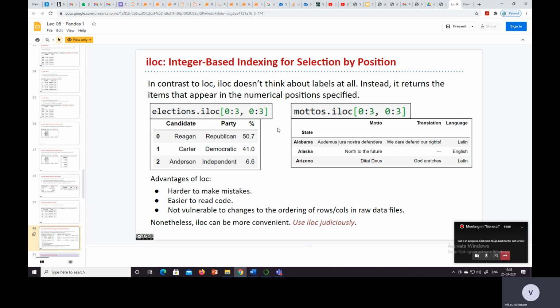In contrast to loc, iloc doesn't think about labels at all. It does not consider the label. Instead, it returns the items that appear in the numerical position specified. So elections.iloc 0:3 means 0, 1, 2.